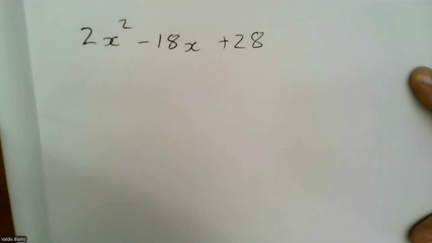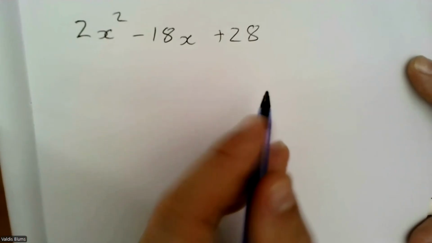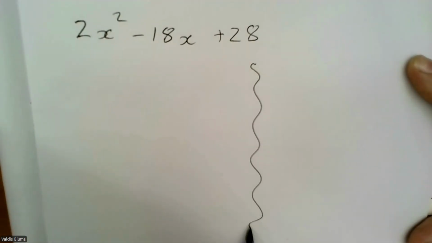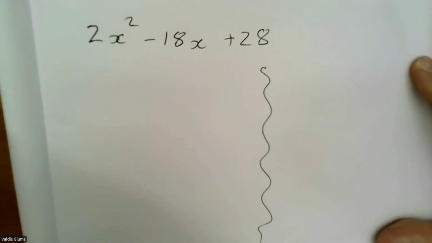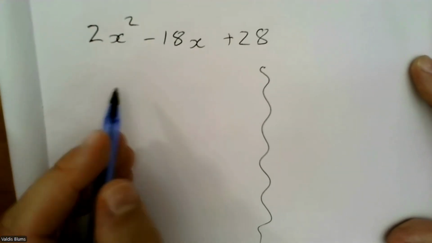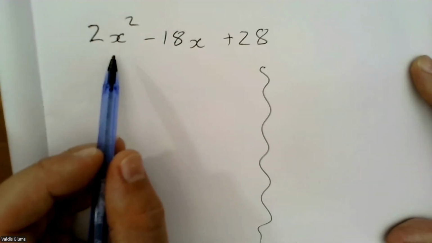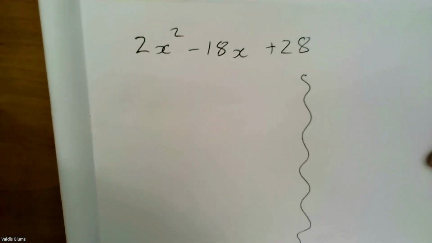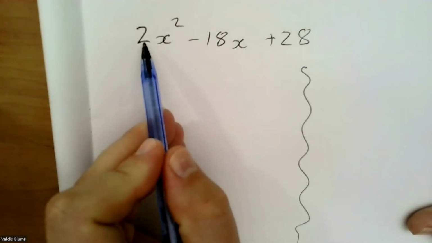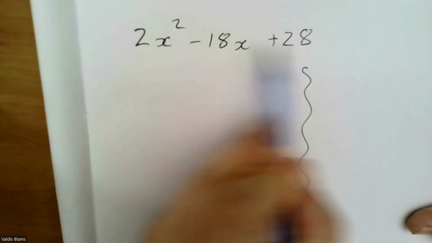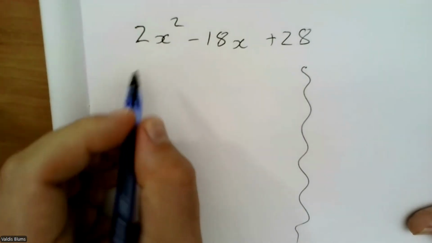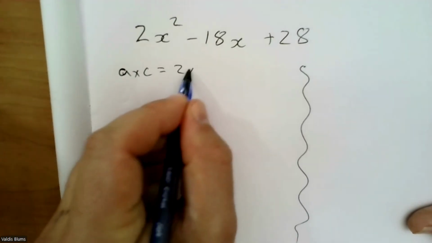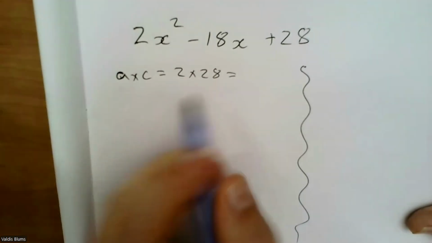Okay, with this, there are two techniques that you could have done in terms of using this decomposition method. Now, I'll go over the one that you're likely to do first, just because we haven't really touched on the second just yet. So your A value is 2, your C value is 28. So your A by C is 2 by 28, which is